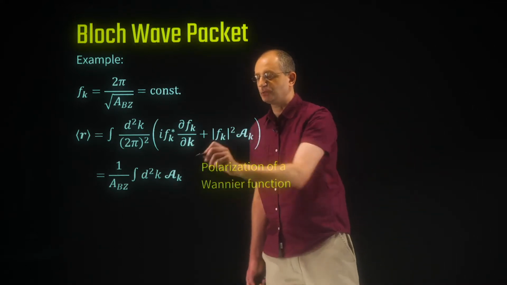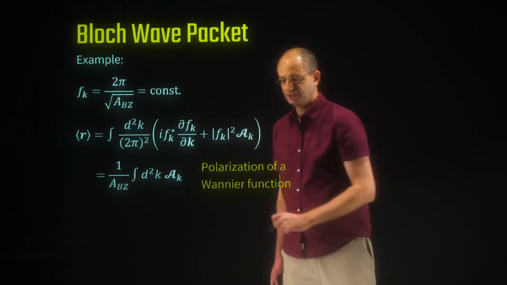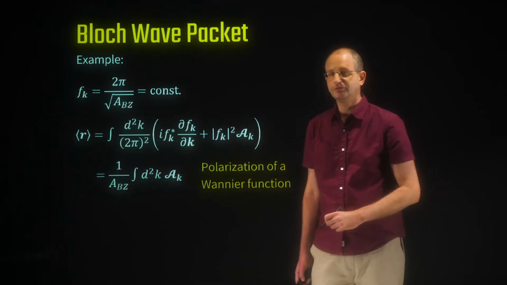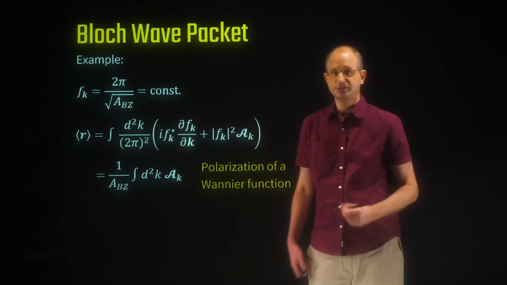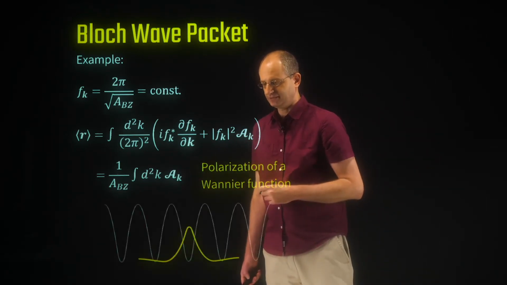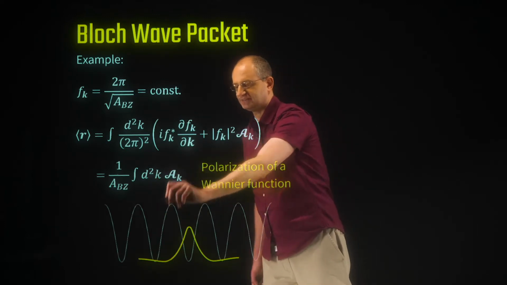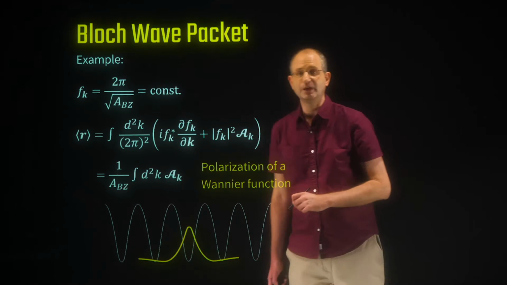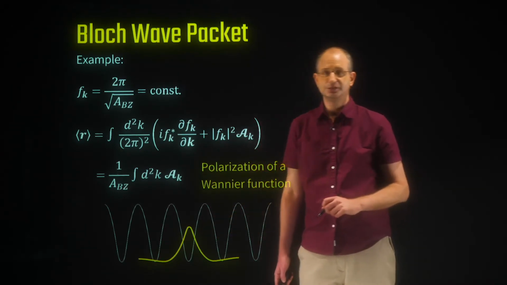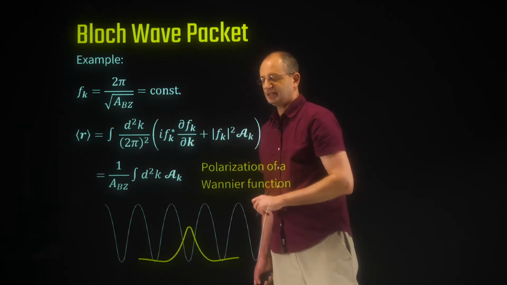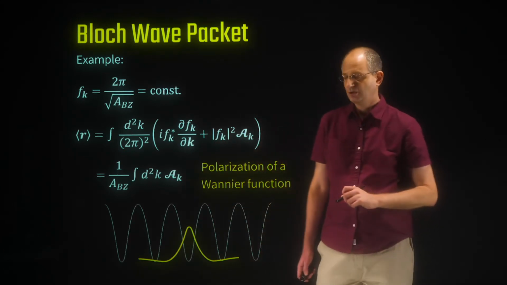This is an expression we actually saw before in the course. This is nothing but the polarization or the average position of a Wannier wave function. This is a wave function that spans the whole band and is localized in space. So here in white is our periodic potential, and in yellow is a particular Wannier wave function which is localized in a certain lattice site, and the integral over a of k is nothing but the average position of an electron